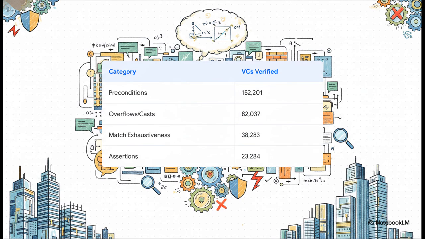And the level of rigor here is just staggering. To verify just one communication protocol, a tool might check over 327,000 of these verification conditions. Each one of those is like a tiny, individual mathematical proof, making sure the code is safe from errors. It's like having an inspector check every single brick and joint in a skyscraper before it's even built.